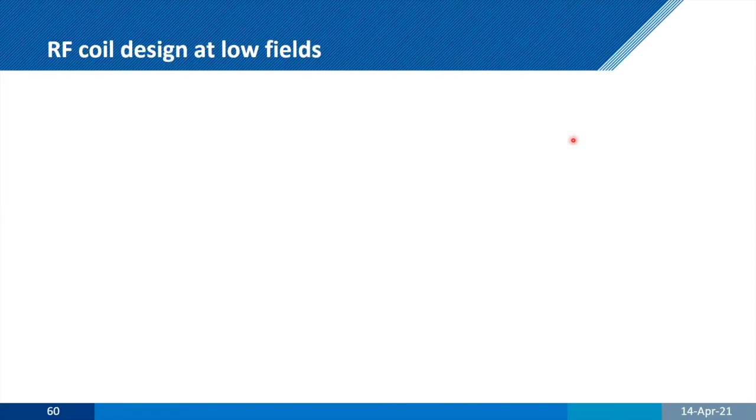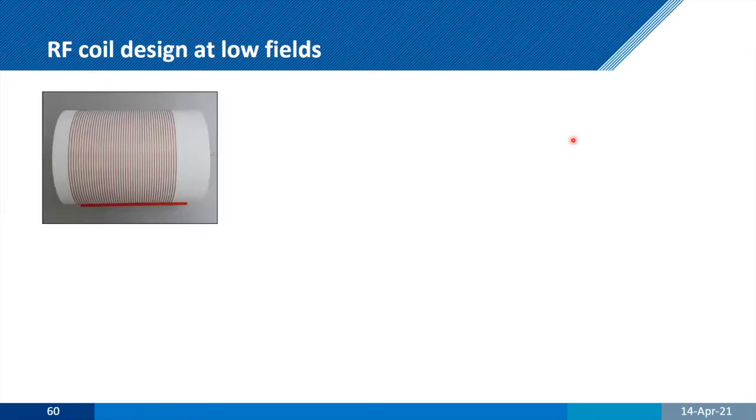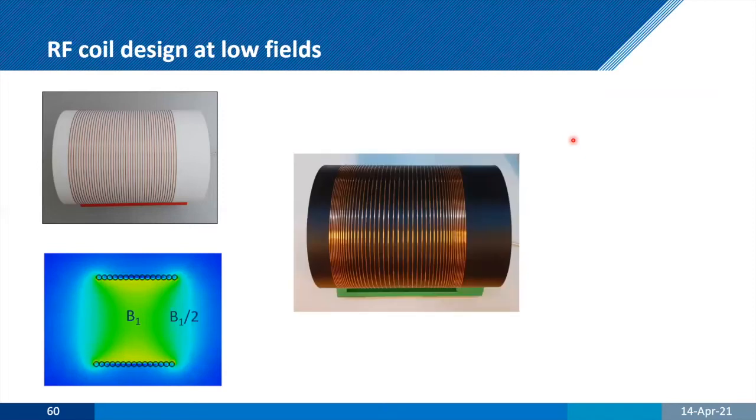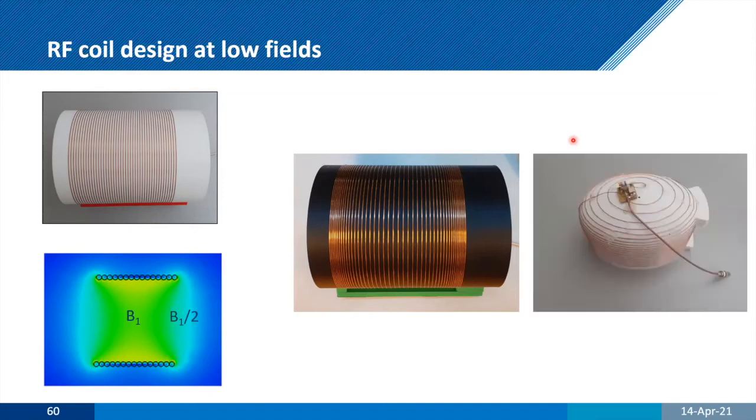And RF coils are fairly simple, right? Solenoid is what you want. It's highly sensitive. It's got a pretty uniform B1 field. We can improve that B1 field by having the wires slightly closer together on the outside and slightly less close together on the inside. And of course, we've also decided to steal the design coming from Matt's and Charlotte's lab. And for most of the brain studies, we use this spirals version of the solenoid. And this really helps, of course, with signal at the top of the head here.